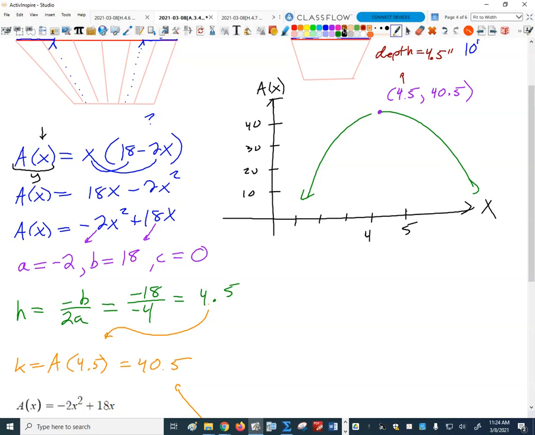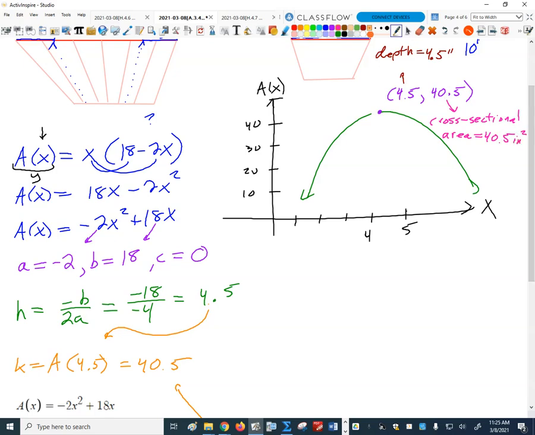And the 40.5 is telling us that the cross-sectional area equals 40.5